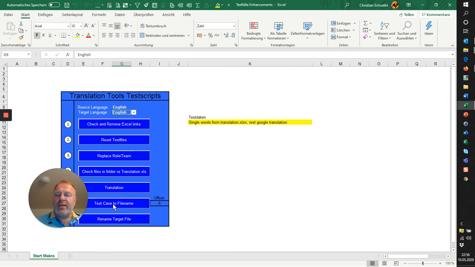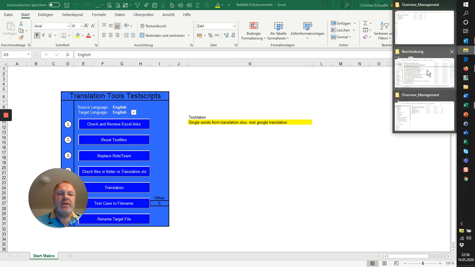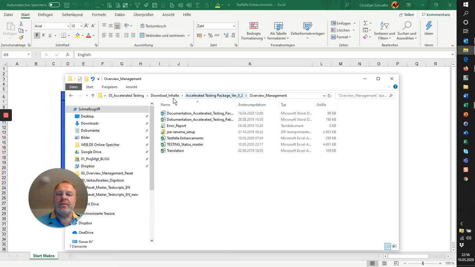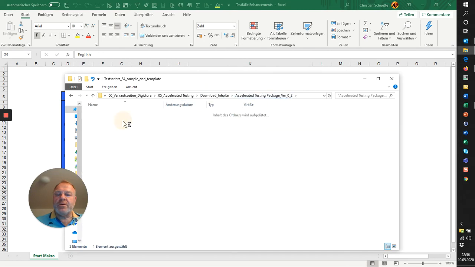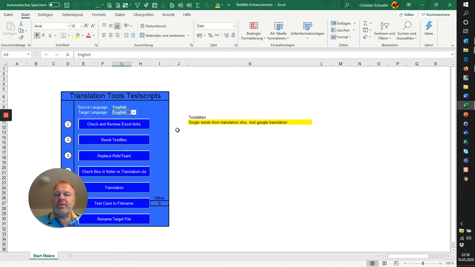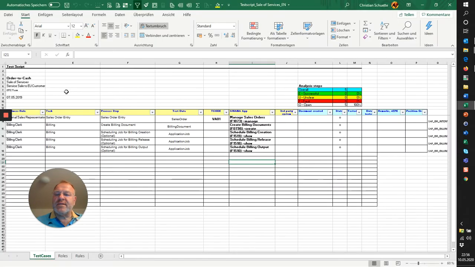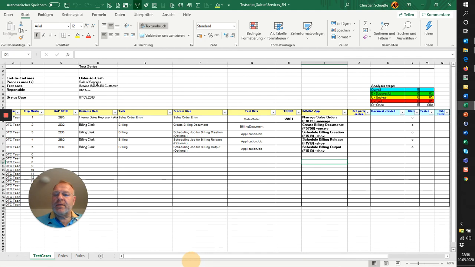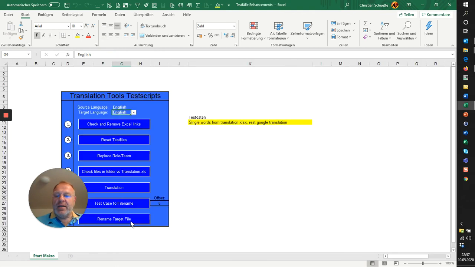And we can also move the test case to the file name. Means that if we are having a certain test case name here, if we run this functionality, this will be the description and file name for this test case. Name the target file based on the file name which we have maintained in the translation